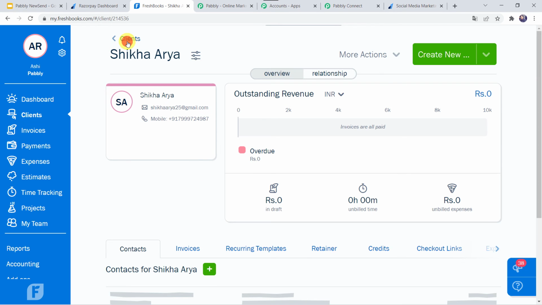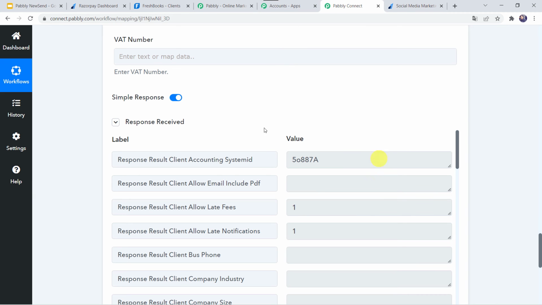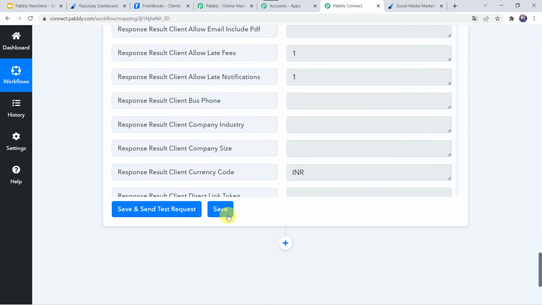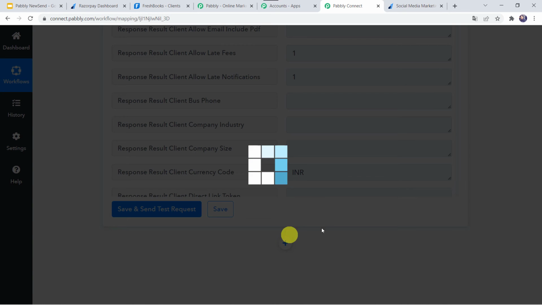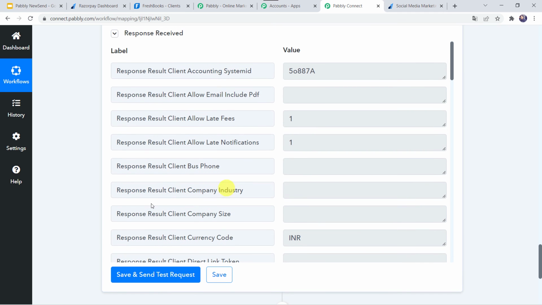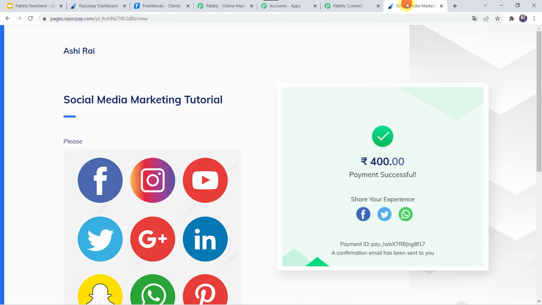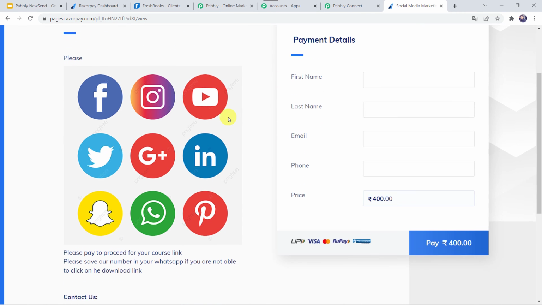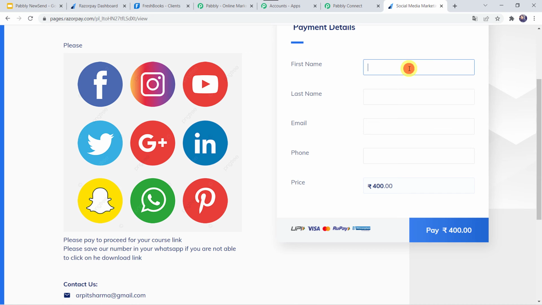Okay, so let's move back to Pabbly Connect and let us save this workflow first because our integration is working fine. Data saved successfully. Okay, now we have to check this in the real time, whether our integration is perfectly working fine or not. For that, I'm just going to make a payment one more time. So I'm just going to refresh this link once again. And let's make the payment on the name of some other customer now. I'm just going to give the first name as Kuldeep, last name as Gupta,